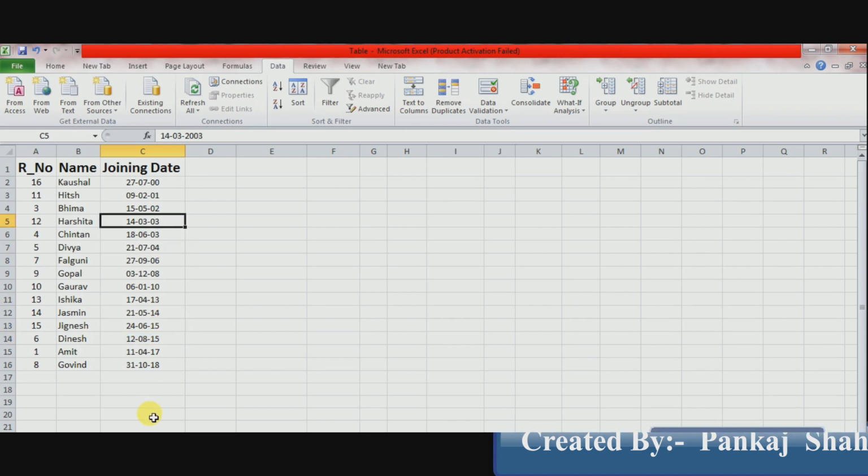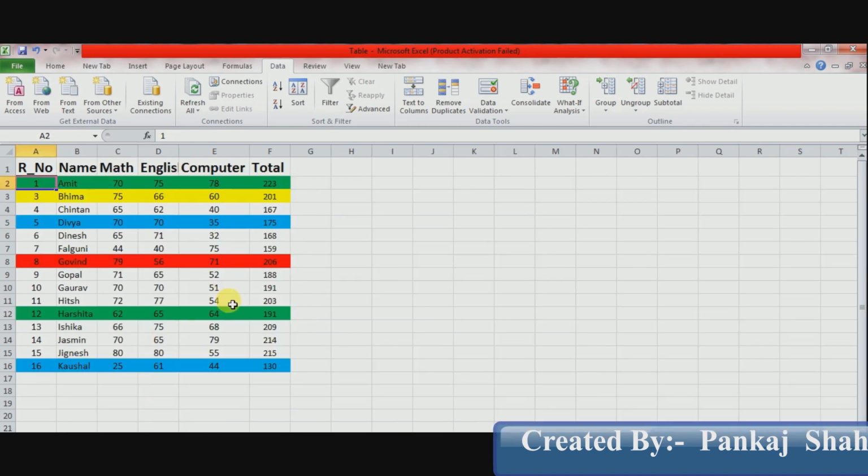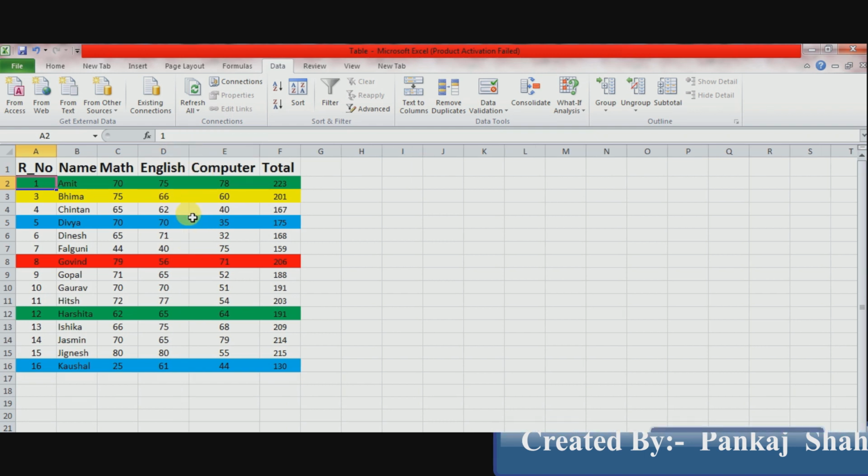Now let's see how to sort our data color wise. Yes, color wise. See, I already created one table in sheet 3 and I gave a background color to different rows. You can observe here properly. Now set your cursor in any column of the table, then click on the data tab and click on the sort option.